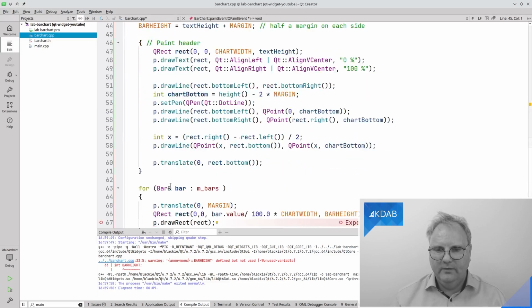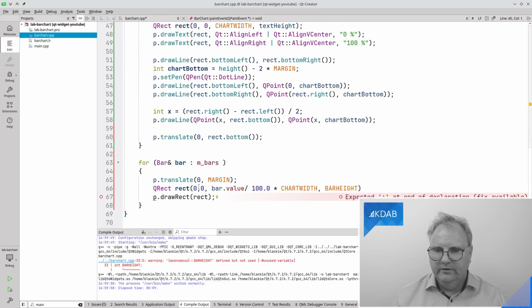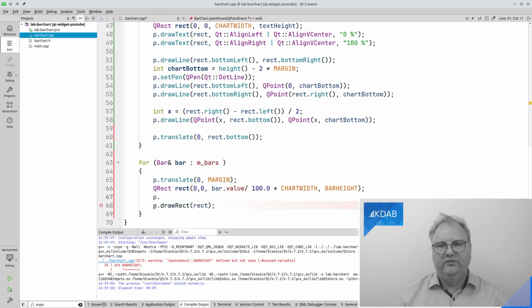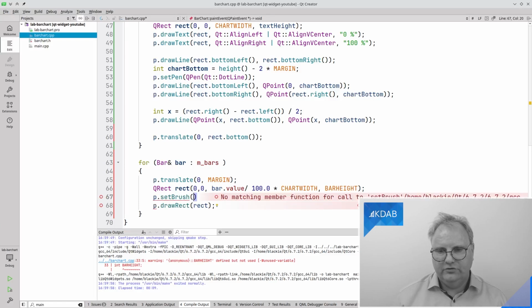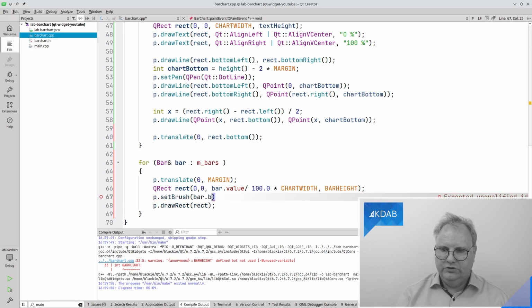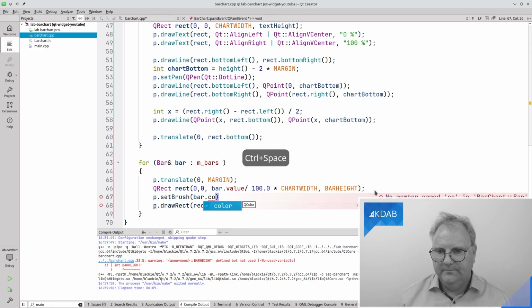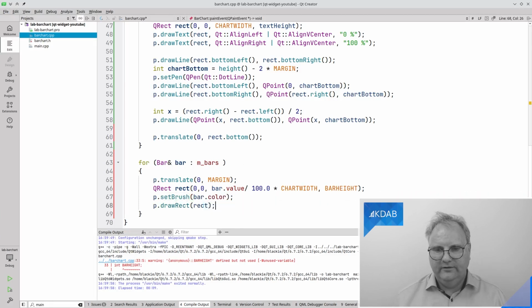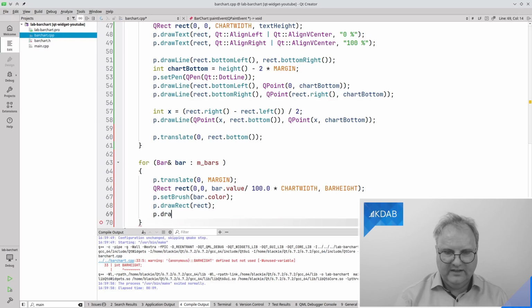Okay, now I am drawing my rectangle at 0, 0. It's a bar value, and so on. That's working out. That's all good. What I just need now is to change the brush. So set brush, and the brush on my painter is my bar.brush, bar.color. That was the color in there. And draw rect. I draw this rectangle here with this brush. That looks all good. And I also need to draw the text inside there.